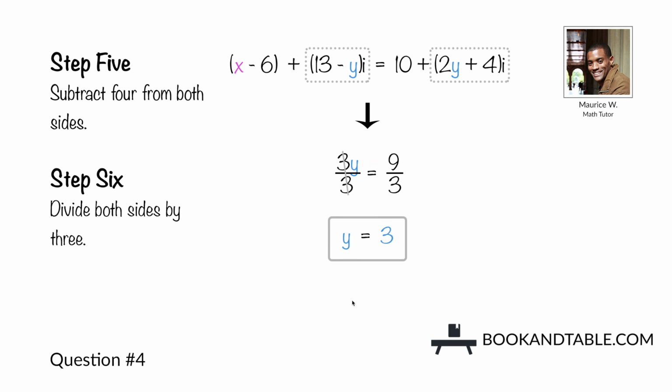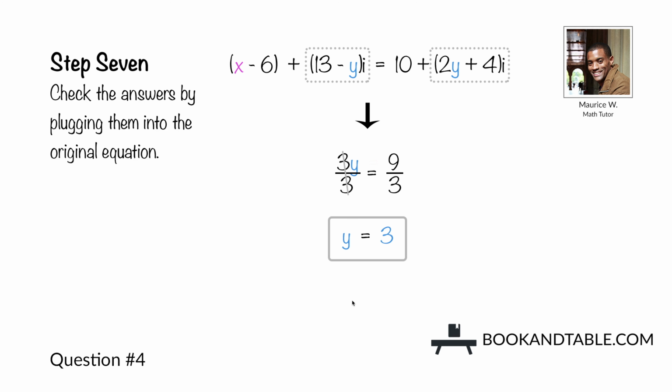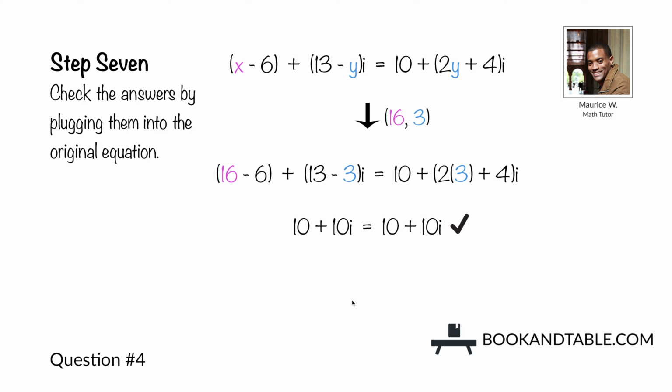And now that we found x and y, the last step is to check the answers by plugging them into the original equation. x minus 6 plus 13 minus yi is equal to 10 plus 2y plus 4i. We'll plug in 16 for x here, and that gives us 16 minus 6, which is 10. So the real number on the left side equals the real number on the right side, thus confirming that x